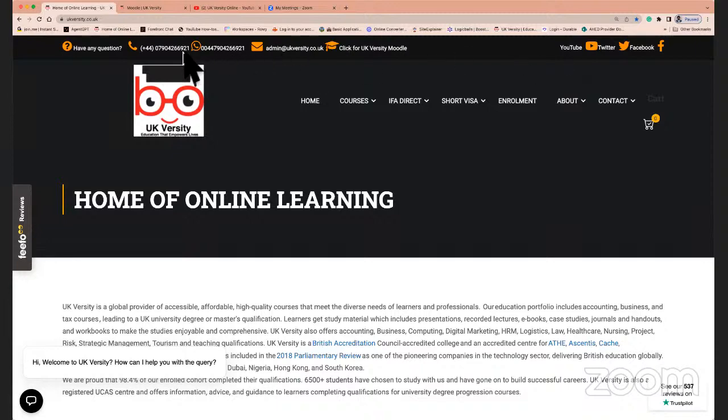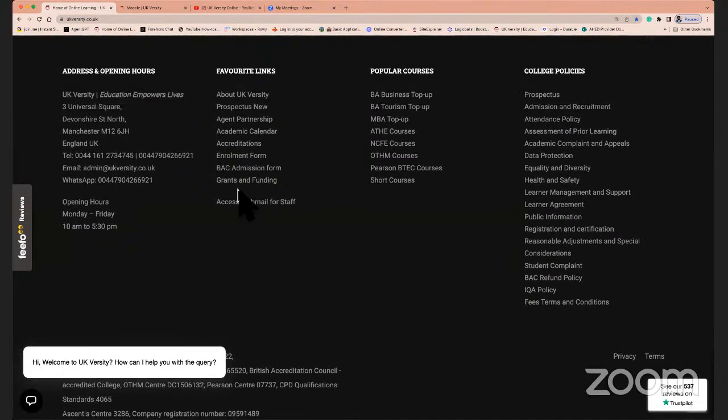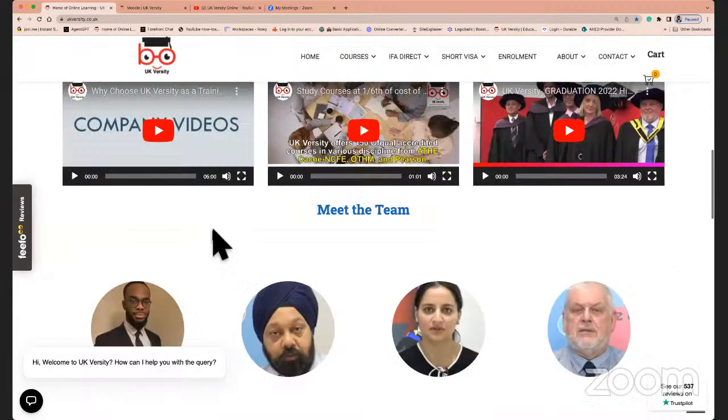Whether it's WhatsApp or the phone, if you go down to the footer of the website, you have the address and the other details in terms of contact numbers. Monday to Friday, we are available between 10 to 5:30. And on the weekends, it's predominantly WhatsApp. But you would generally be able to reach somebody for any requirement that you might have.